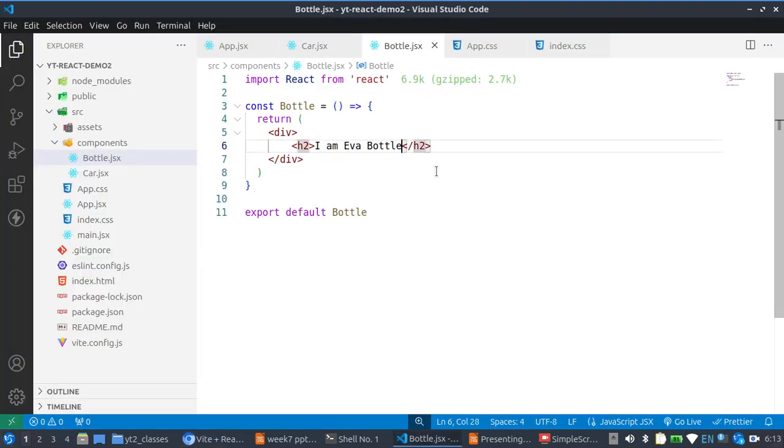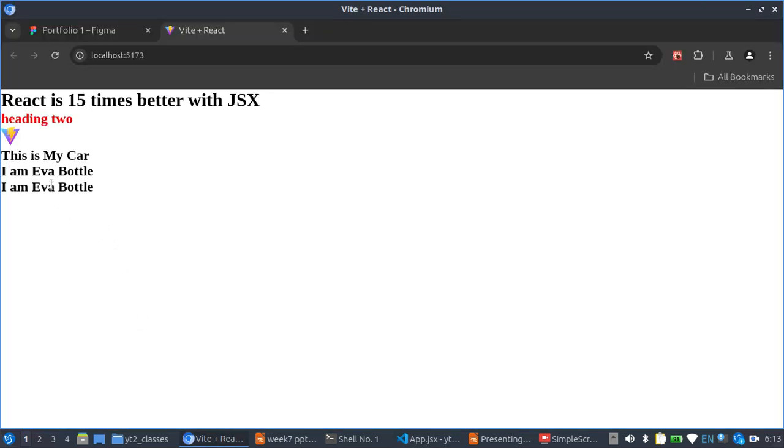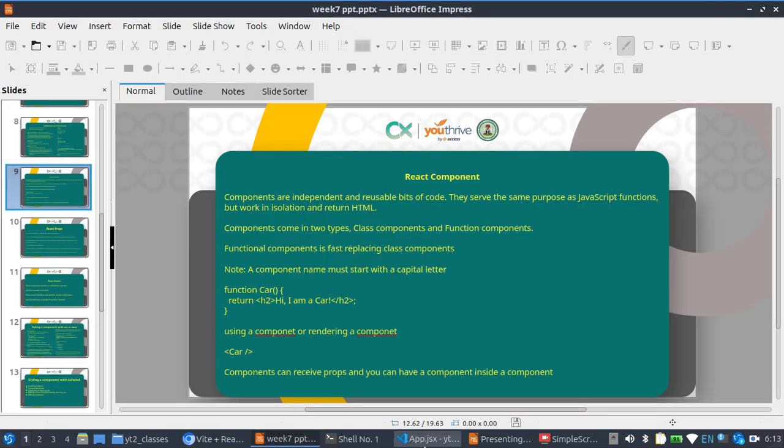Now let's say, what if I want to make this dynamic? So remember, from what we just learned, a function is a usable bit of code that returns HTML. So let's say I want to split this into two. So you see that to just copy the same code twice. So I am ever bottle. So what if I want to change this to I am cook bottle, or I am this bottle, I am that bottle? So that leads us to our next slide, which is this